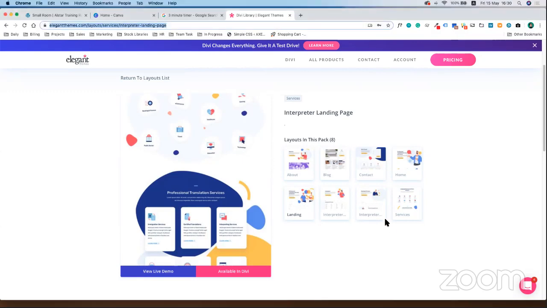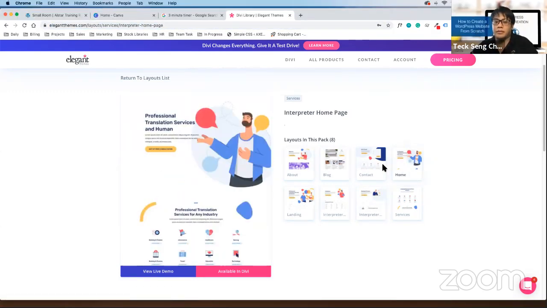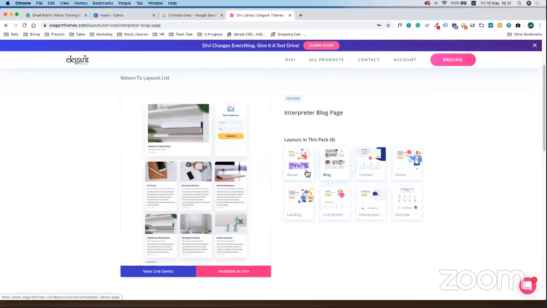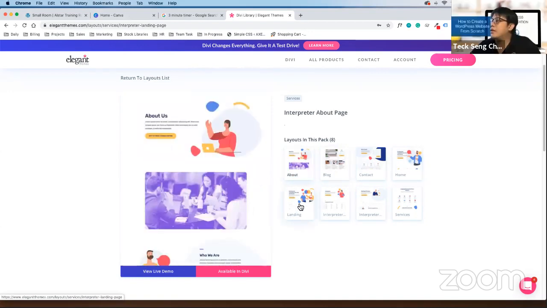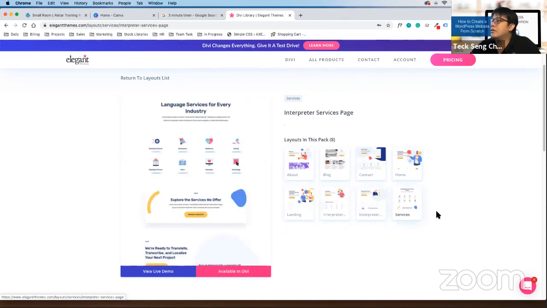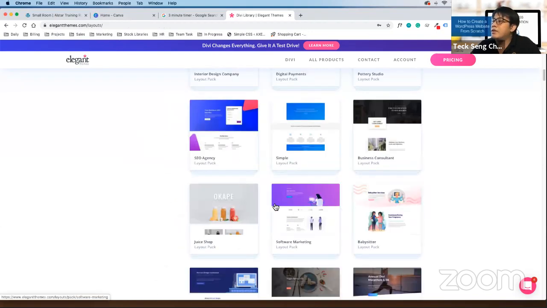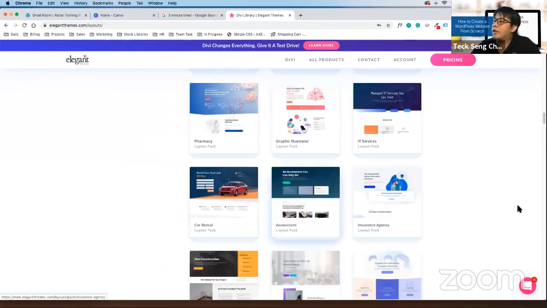So for example, I go under a home page. The blog page is also there. The about page is also there. The landing page, all these are actually created, as you can see. So it's very nice and very easy for you. It comes free for all DV license holders, so you can actually retrieve it from your backend.